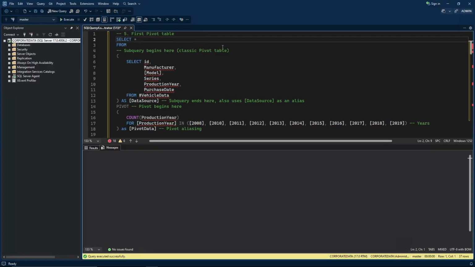Here we have what we call a classic pivot table, and it's very impractical. It does the job, but still, it's very impractical. I'll explain why. Here's where the pivot function begins, and this is where we specify the values that we want to convert into columns. We specify the values and we specify the column within an aggregate function, which is count. This is not practical because we may have more or less years, depending on the information that flows through the